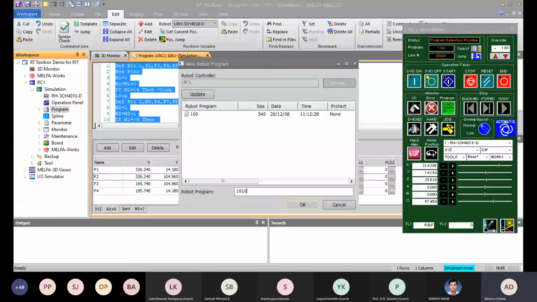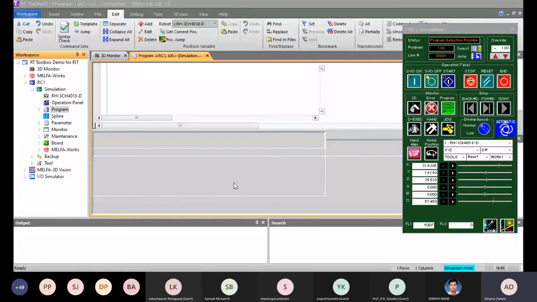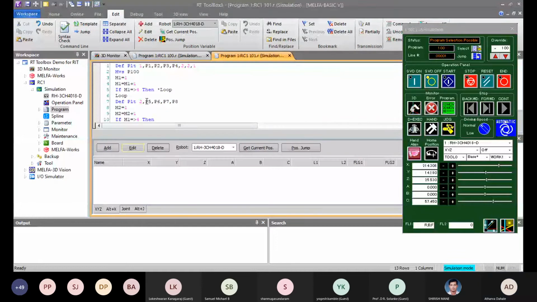I make a new code for it, a new program for it. Sorry. So this is our code. First, I have defined palette 1, the total coordinates of palette 1, the number of rows and number of columns available in palette 1, and in which trend the robot will pick the cubes or whatever.